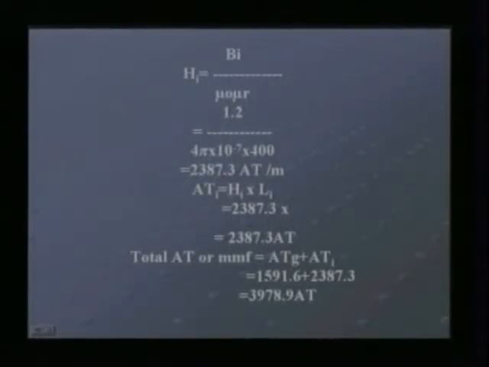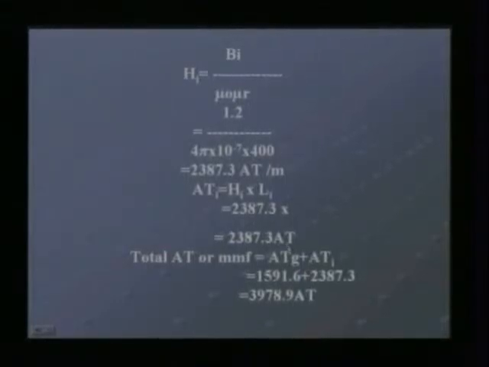Now the ampere turns for iron part or mmf for iron part can be calculated by Hi multiplied with Li, where Hi, that is field strength in the iron part, is 2387.3 multiplied with the length of iron part, that is 1 meter, which gives ampere turns for iron path equal to